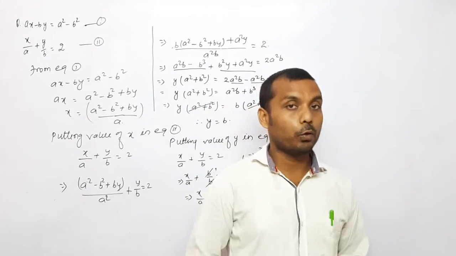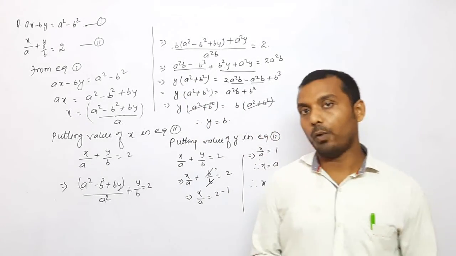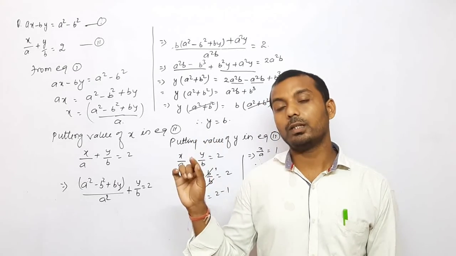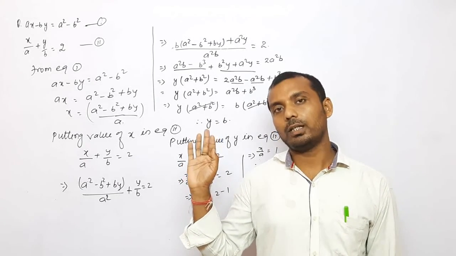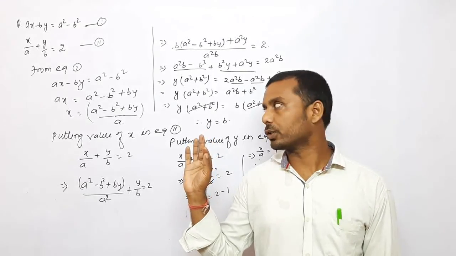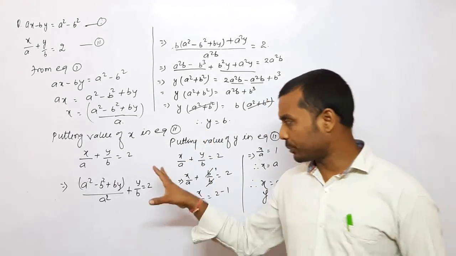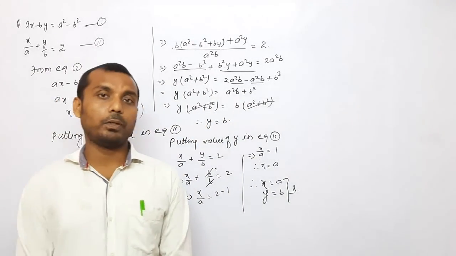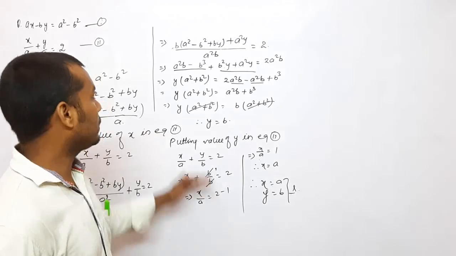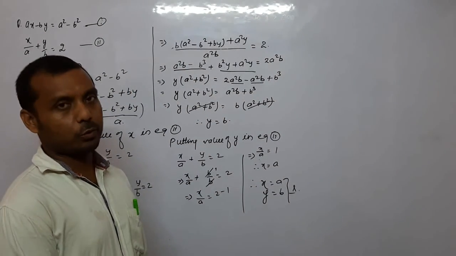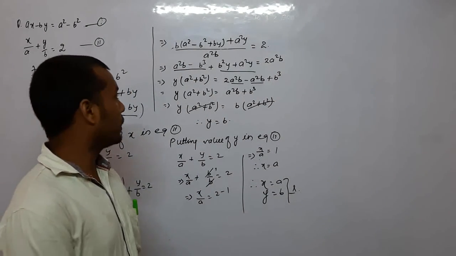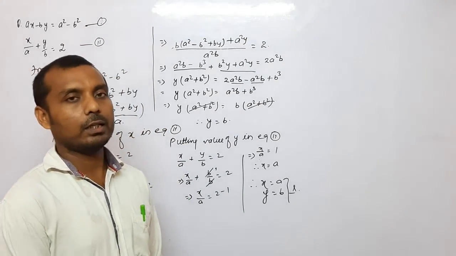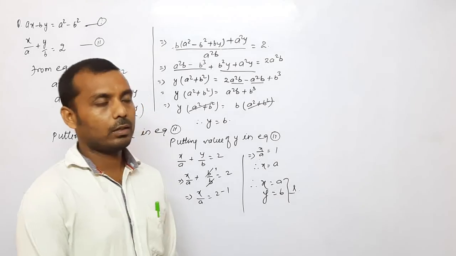Okay, so for that, student, now we have learned about the three types of solution: graphical solution, elimination solution, and substitution solution. I hope the substitution is very easy to understand as compared to the elimination, as the literal terms were given in this question. The question in which numerical values are given will be easier to solve.